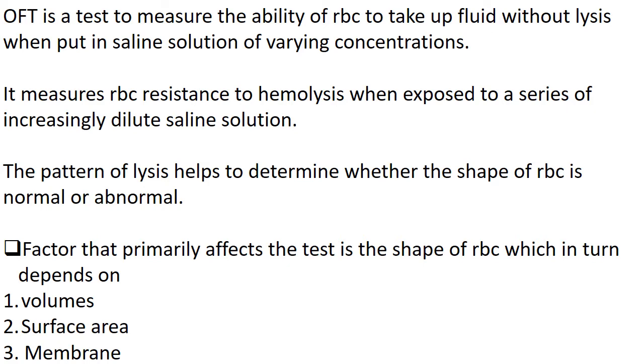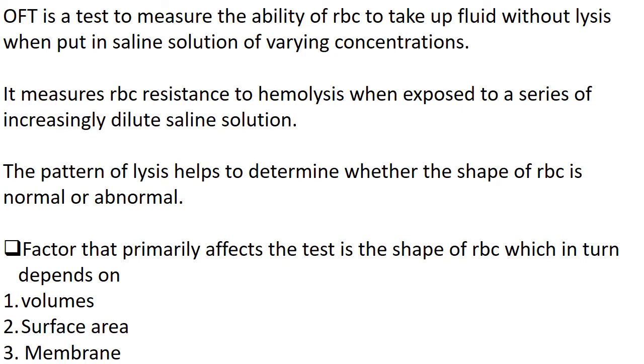If the cell is not a normal cell, for example if the patient is suffering from hereditary spherocytosis, there the cell is spherical in shape. So when such a cell is put into an osmotic fragility test, there is no space for expanding or swelling. So when it is put in, immediate lysis of the cell will be seen. This is the main issue of the osmotic fragility test.